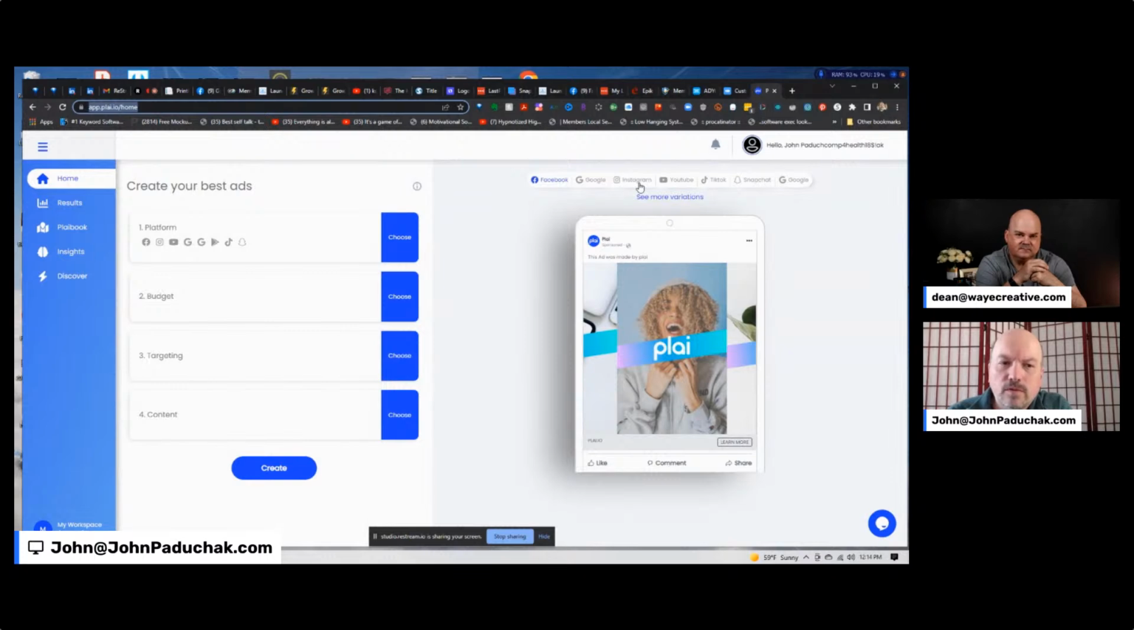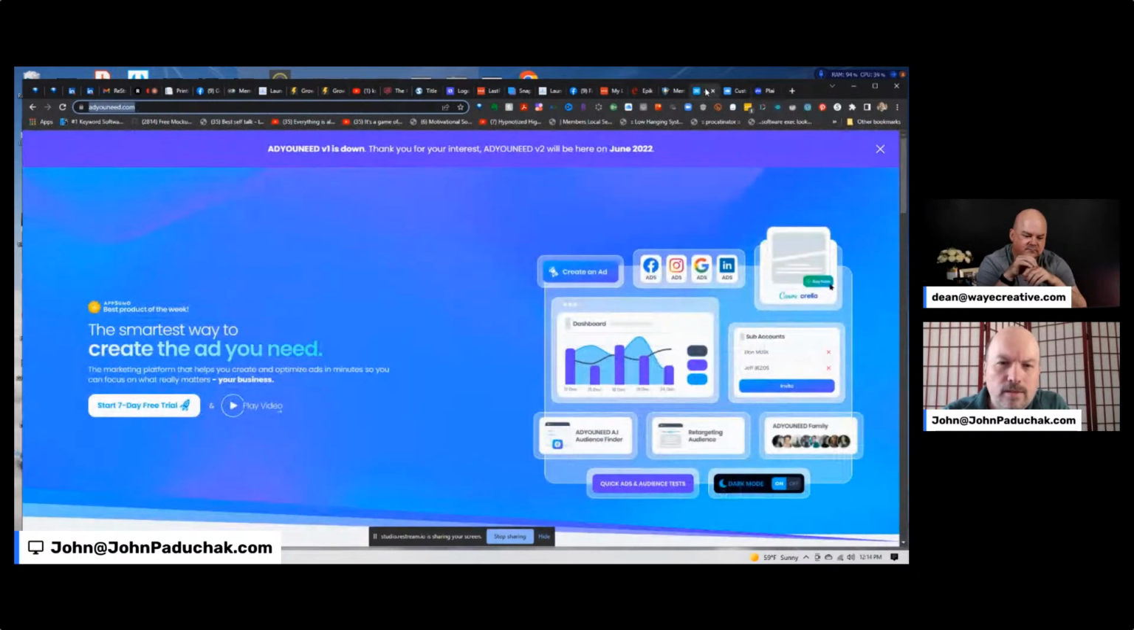Two of them that I like and have been playing around with a little bit are this Plio, and the other one is a tool called AdYouNeed. Funny enough, I looked at it this morning and it says, "We're sorry, but version 1 is down, but version 2 is coming up." So it's a new platform. But again, you can see Facebook ads to ads on Instagram, to Google and YouTube ads,